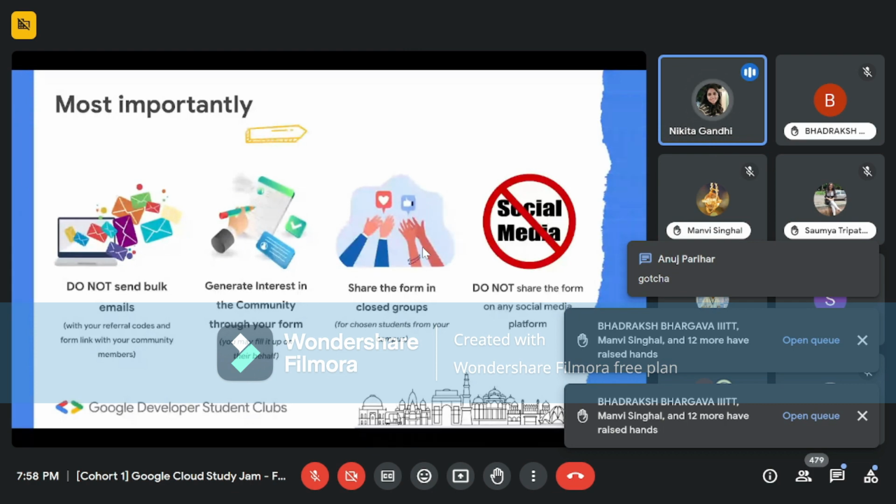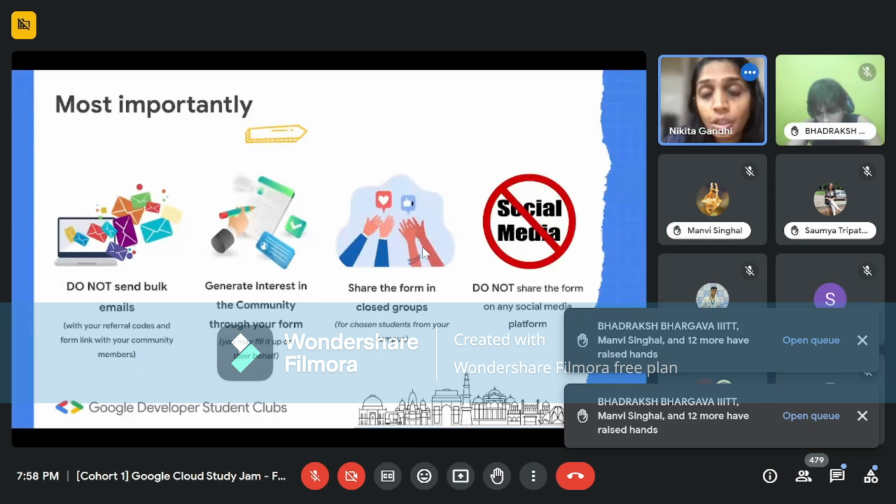In case your campus form is found to be leaked, you are going to be held accountable for it, and we will be taking very strict actions against those particular facilitators and GDSC leads. So it's a collective responsibility of both that these forms are not shared anywhere on public domains. And mind you, we have really good patrolling cops who can help us make sure that this does not go out on social media. So, in case you're friends with YouTubers, you're friends with influencers on social media, and you want to help them get more followers, perhaps this is not an opportunity for you to do that.